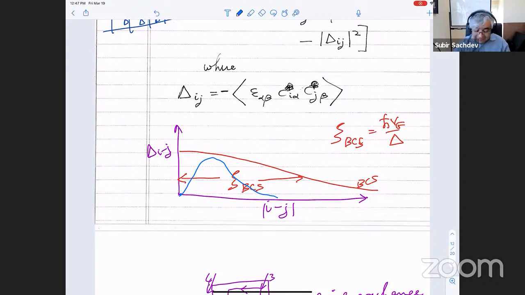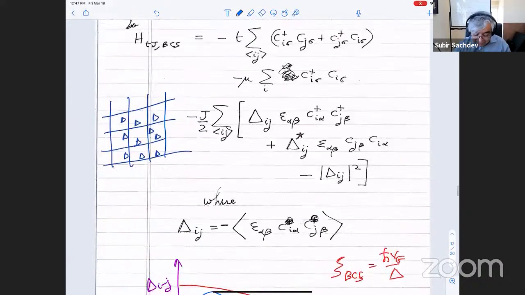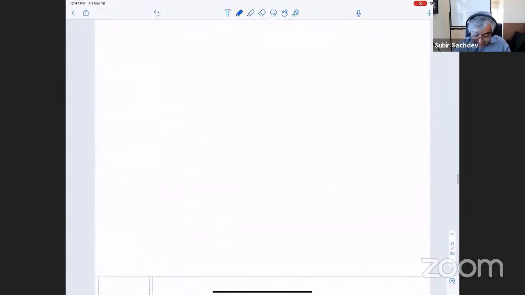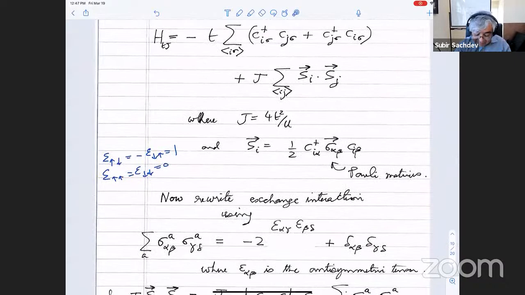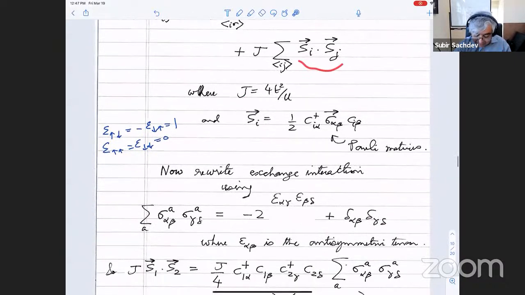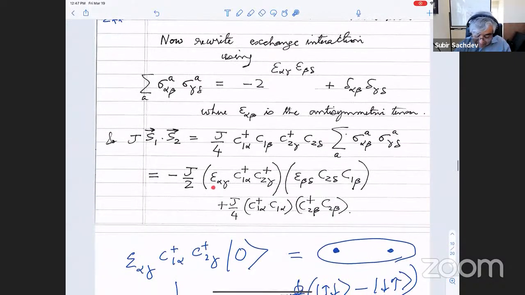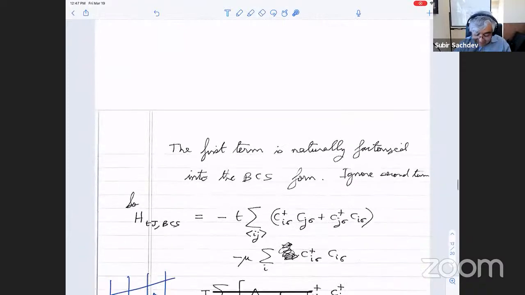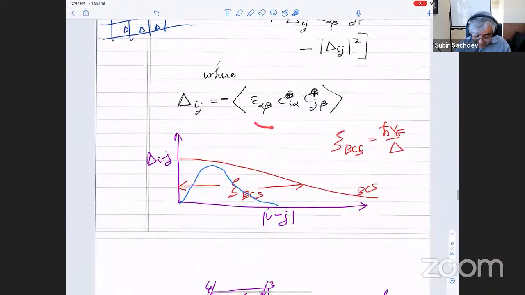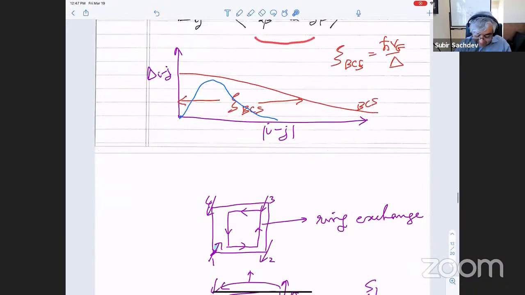The point is that the interaction is nearest neighbor, so it only cares about the pairing amplitude on nearest neighbor sites. But if you take this full Hamiltonian and compute this quantity on the right hand side, take its Fourier transform,